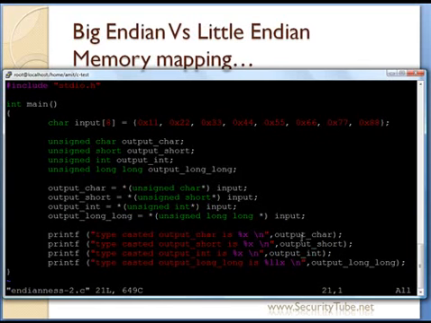So this is the C code. I have included stdio.h, that's the standard input output library file. In int main, I have defined an input character array of 8 bytes, which contains hex 11 22 33 44 55 66 77 and 88. In this program I will basically read these 1 to 8 bytes into variables of